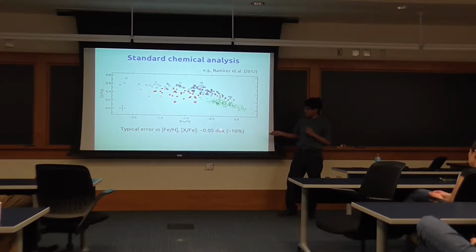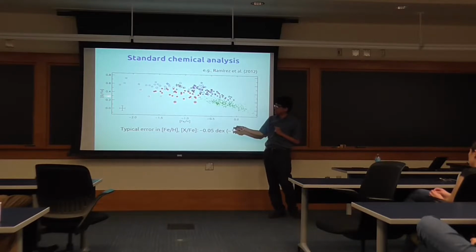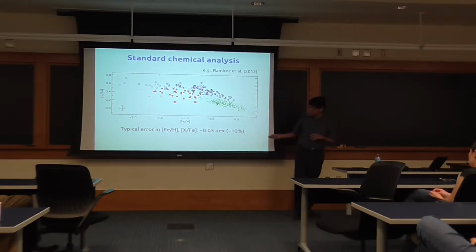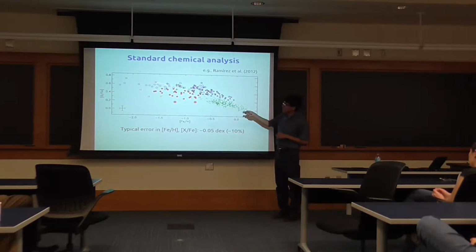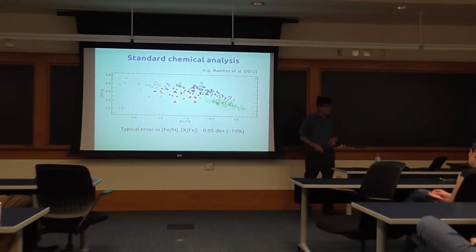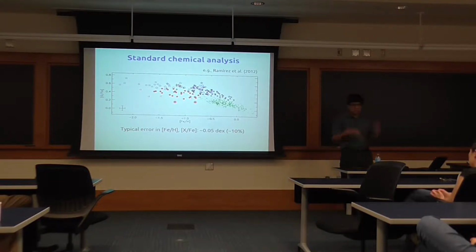And the dex is because it's logarithmic, which comes to about 10% in either one of these quantities, Fe/H or the oxygen to iron abundance ratio. And here are those error bars close to this limit over here. Because you can see already, you can separate these different populations with this kind of precision. You don't need more to identify these different local populations and then try to figure out how you get this kind of distribution using galaxy models and whatnot, chemical evolution